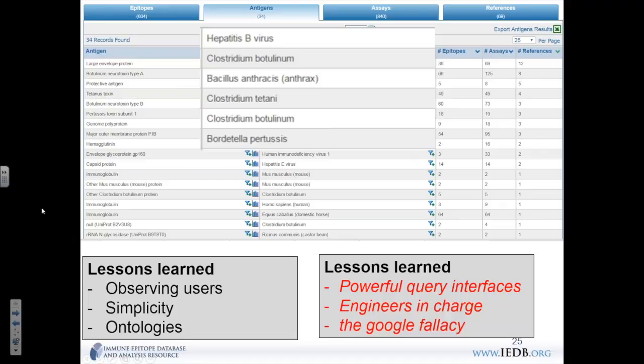But it does not allow you to ever do a query like this, where you're saying, I want to have things where the person was immunized with a protein. If you have any kind of text search, it'll confuse that with things where people were tested for recognition of a protein. Unless you derive a very, very, very complicated text search, you're not going to have that power. The point of curation is to have structured data, and the query interface should take advantage of that structured